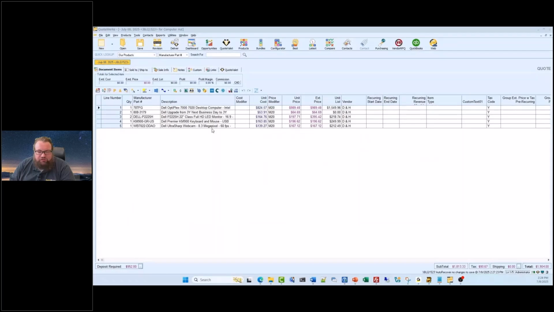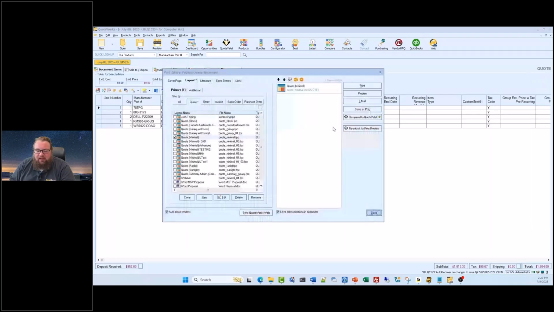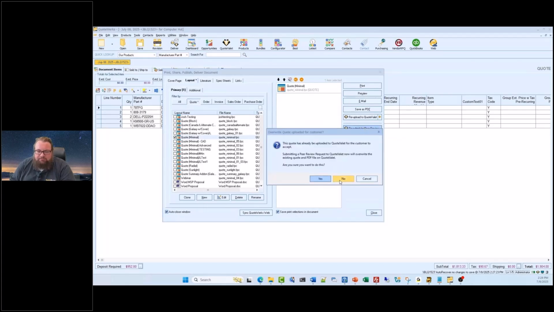And I wanted to round things out here by talking about one of the other features that's supported by being able to use emails in QuoteWerks, and that is document approvals and peer reviews. Let's start here with peer reviews. It's actually a very simple thing. I've already submitted this quote for peer review, but we have the button here, which would just say submit for peer review. And when you click that button,